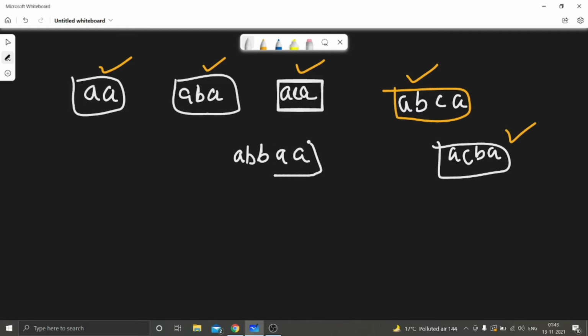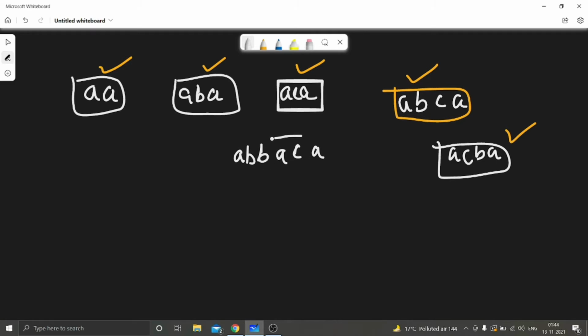So if you take one more A, what will happen? We have already checked for A, right? So this will come under that part. So what you can think is, if you take B, now the number of B becomes more than the number of A. So that is not our favorable case. What if now our last option is to take C? So let's take C. Now the number of A is 2, the number of B is 2, the number of C is 1, right? Now we want to increase the number of A. Let's increase the number of A.